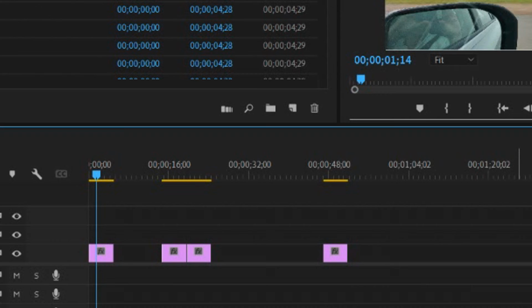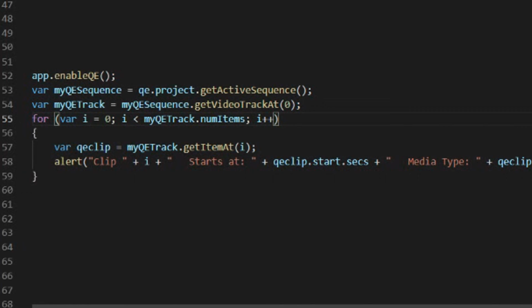So as you can see, by going through the QE side, we look at a whole lot more pieces than just the clips themselves. When we were able to go through clips on the regular side, it just looked at the 4 pieces. On the QE side, it looked at every piece on that timeline, so that is something to be aware of. Once again, if we wanted to go through these clips backwards, we could change this to be